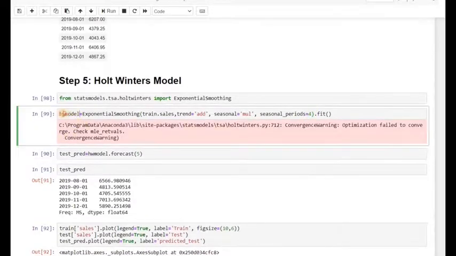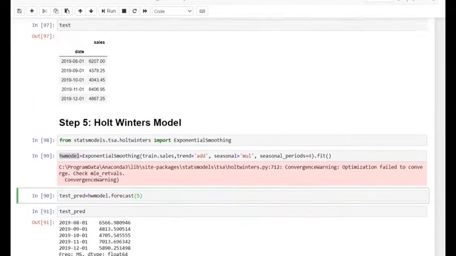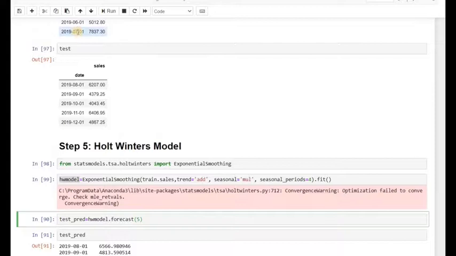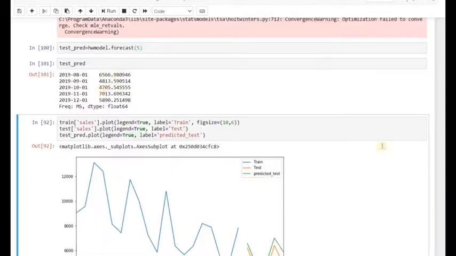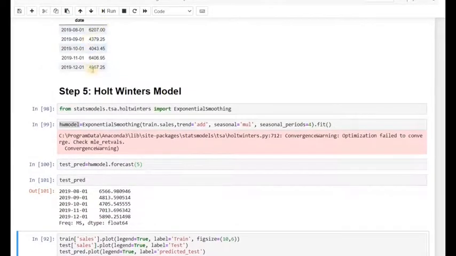And then we would use this fitted model to find the predicted values for the next 5 months. So we would write the name of the model dot forecast, and 5 gives the number of periods we want to forecast after the last month of the trained data. So here we have data till July. So when we write 5, it would predict the next 5 months after July. So this is what our model predicts, and this is what we have as the actual sales.